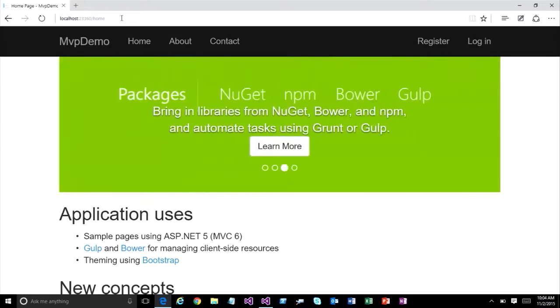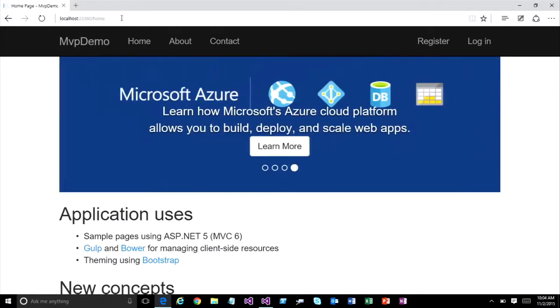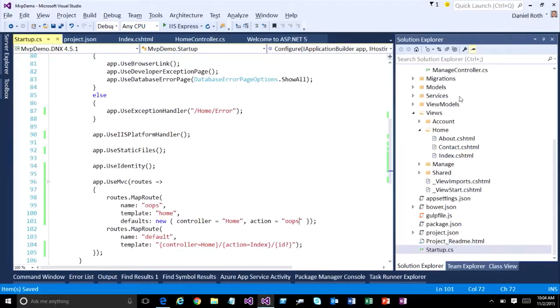a lot of times, you got your route orders messed up, and one route is consuming things, and it's kind of hard to figure out what order you need to put things in. In this world, it's much more flexible. Routes will just fall through if they don't actually hit anything. All right, cool. So that is conventional routing. There's also attribute routing, which I'll get to in just a second when I start getting into web